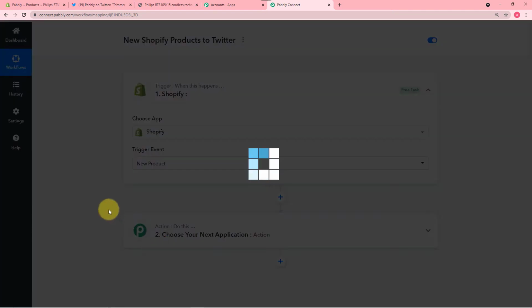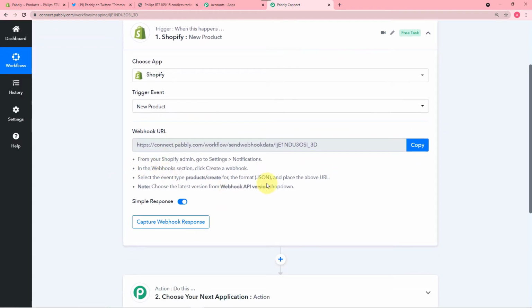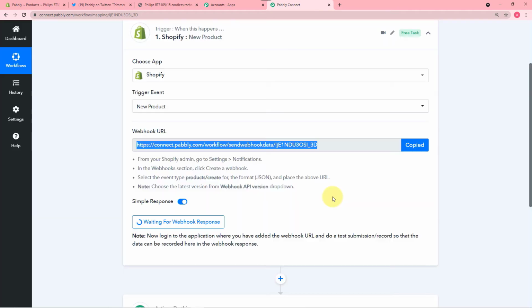All right, so click on it. So this will generate this URL. So this is called a webhook URL. So by using this URL, we are going to connect our Shopify store. So you just have to copy this URL from here, and it will start showing this waiting for webhook response.